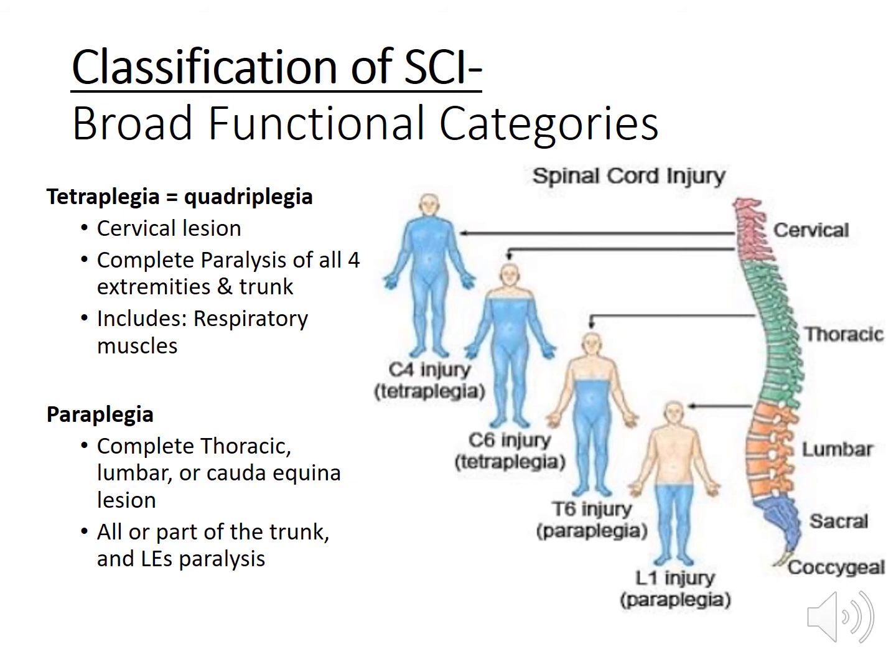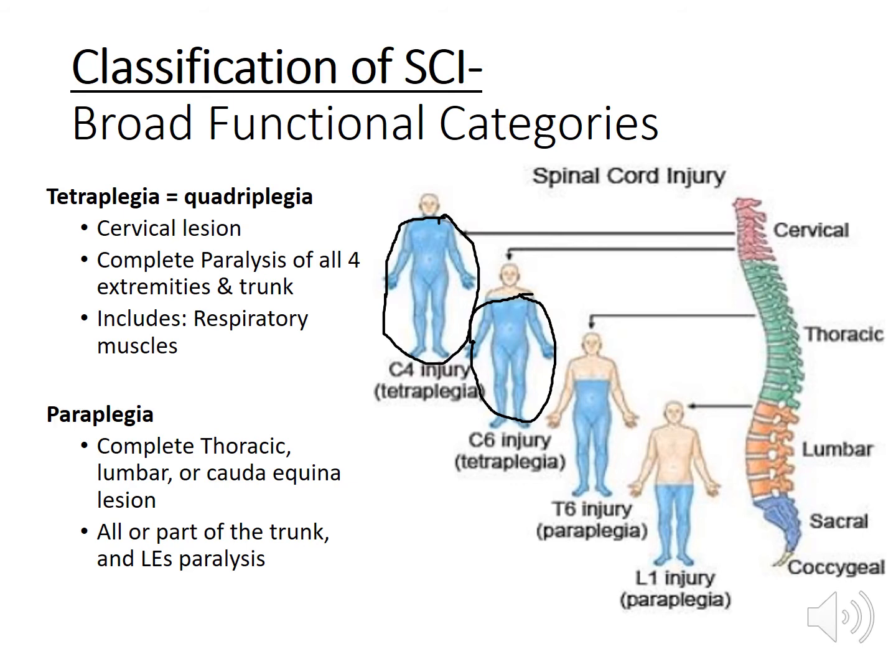So you have the C4 injury where everything that is in the blue is going to be paralyzed, and a C6, everything in the blue here is going to be paralyzed. So that includes the trunk, both upper extremities and bilateral lower extremities. Here the patient may have their respiratory muscles, but it's hard to say. This is just a diagram showing you what constitutes a tetraplegic or quadriplegic.